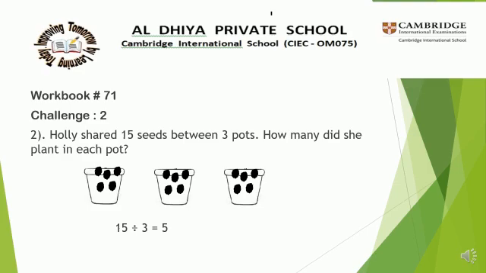So if they give sharing or they want to divide, in terms like that, you have to do division. You have to divide the total by the number of parts they want to divide into. Then you will get the answer. You all understand? We have to do division of 15 divided by 3. Shall we go for the next sum?